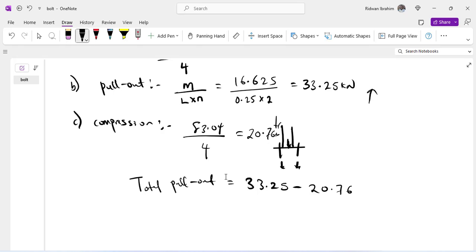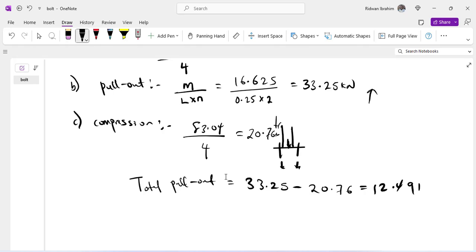So depending on which one is now greater, for example, if the force pushing it down is greater than the force pushing it up, that means pull out will not occur. But if the force pushing it down is less than the force pushing it up, that means pull out will occur. So we can say that from here the total pull out will be